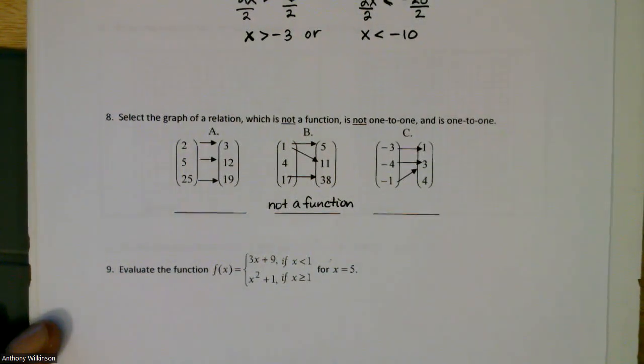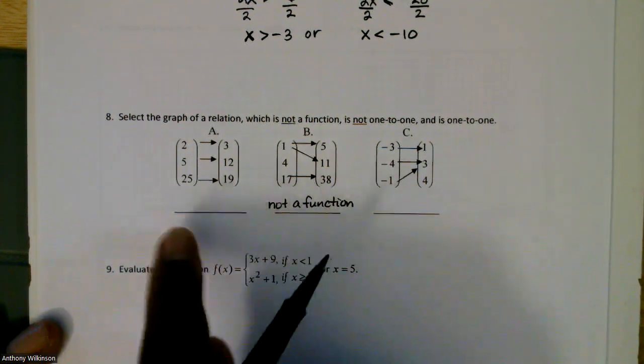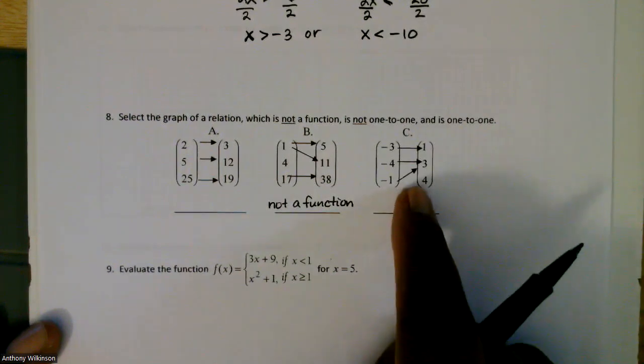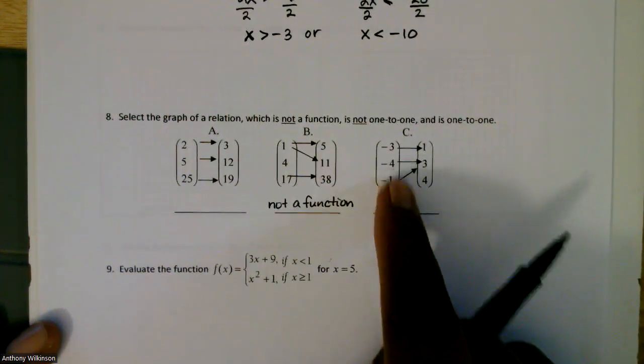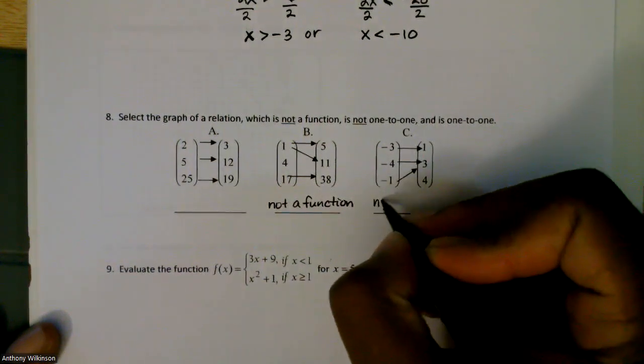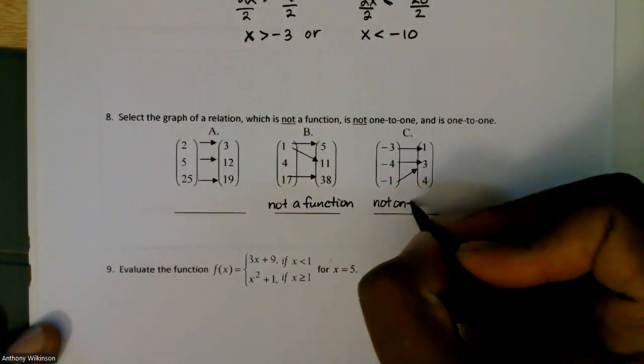And for not one-to-one is this. You can't have a y value with 2 different x values. So it's either A or C, where it's not one-to-one. Here it's going to be C, because you see 3 is with -4 and -1. So this mapping C is not